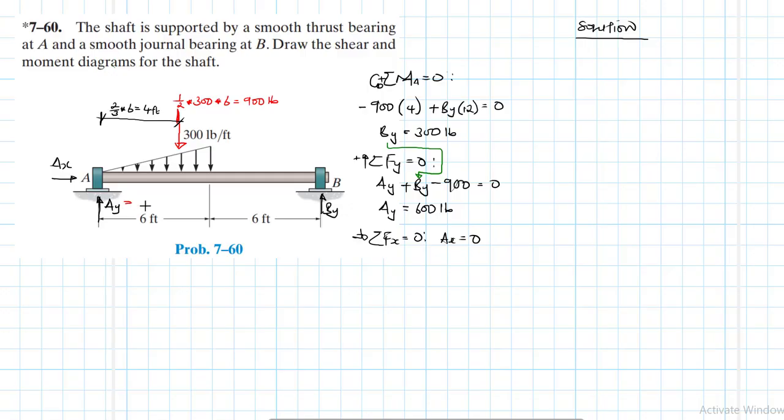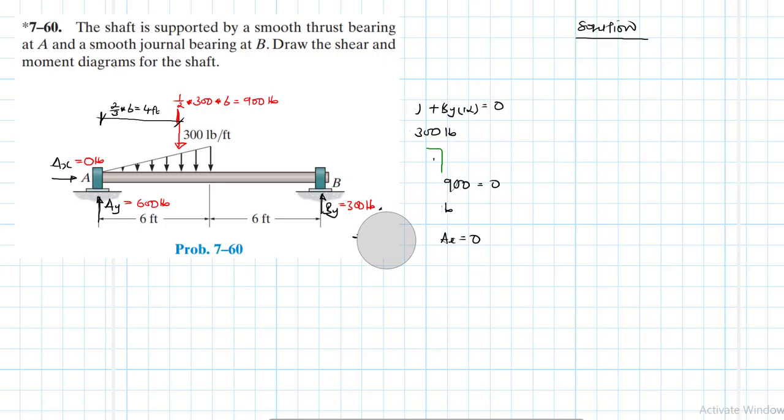So we have AY equal to 600. We have BY equal to 300. AX equal to 0. All right. Let me get rid of this so that I have some space. Great. So this one is 300 pounds. All right. So what we are going to do now is